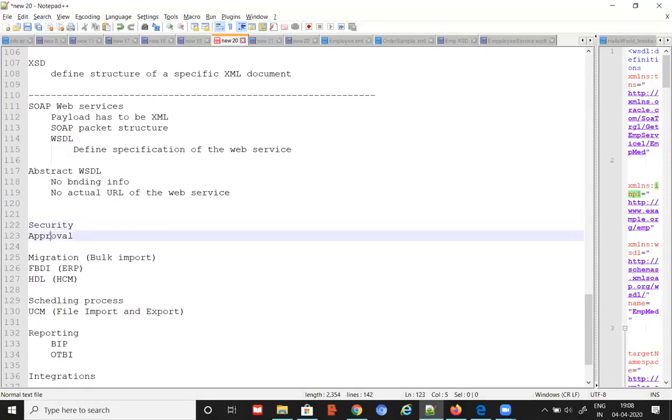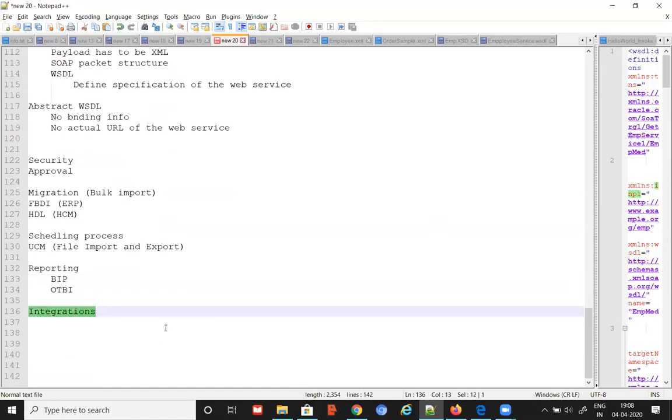Can I understand workflows, approvals? Yes. Can I do FBDI even without knowing any technical? Yes. Can I develop OTBI reports? Yes, if I know the OTBI interface. Can I develop BIP? May not be. BIP is a little bit more technical because you have to go and create some model, all that stuff.